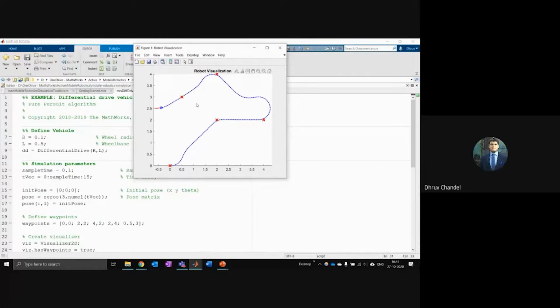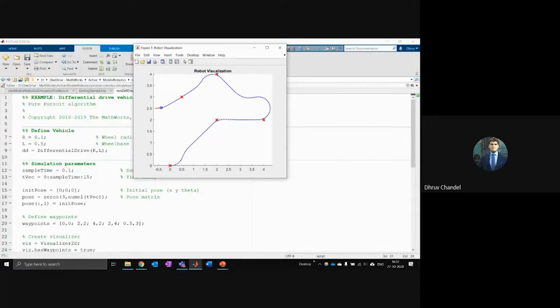So you supply the waypoints, the pure pursuit controller works out the path, the inverse kinematics works out the individual wheel speeds, and then your PID controller makes sure your robot is actually working at that speed. Okay, so you can see how all the different pieces are stacking up on top of each other, and you can have a differential drive robot which is driving from point to point like this.